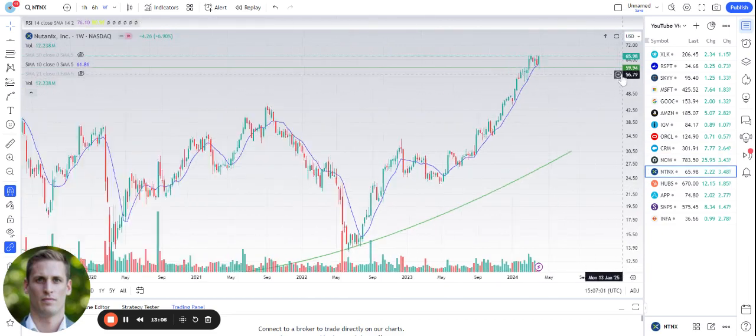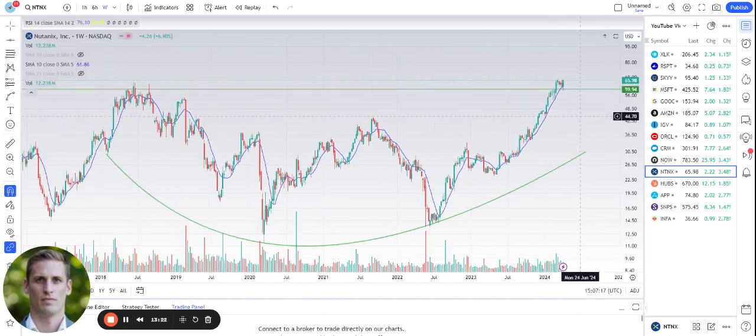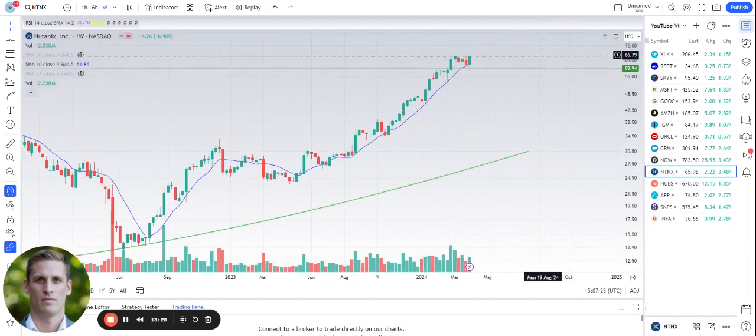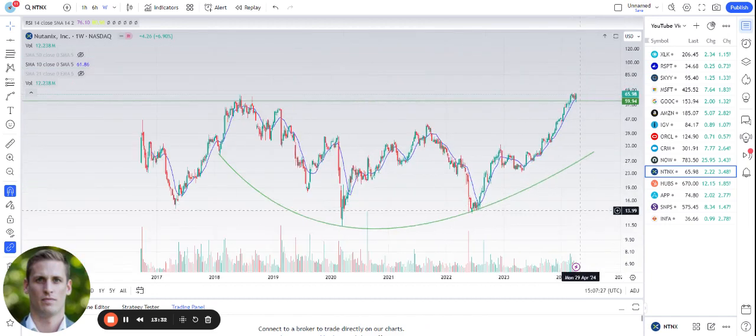NTNX is another name to keep a super close eye on. So you can see here, this one had a massive base that dates back to the summer of 2018. We just recently broke above it, and we've been holding that level on the breakout, trading several weeks tight. And this past week, we had a really, really strong move. I don't think we quite closed at new all-time highs. Maybe we did. We got pretty close, but ended the last week up